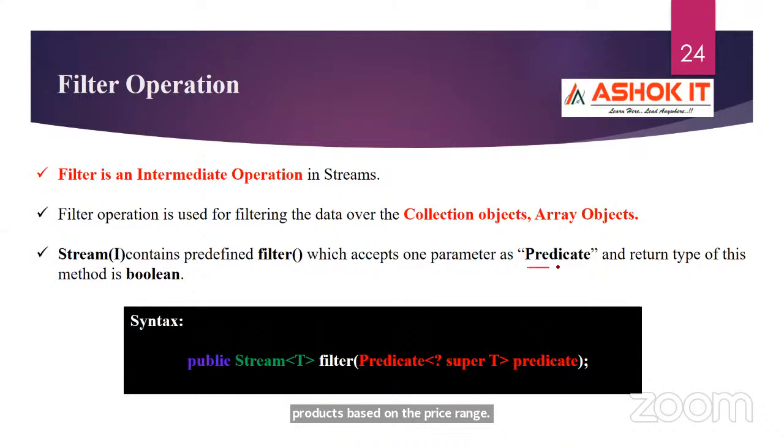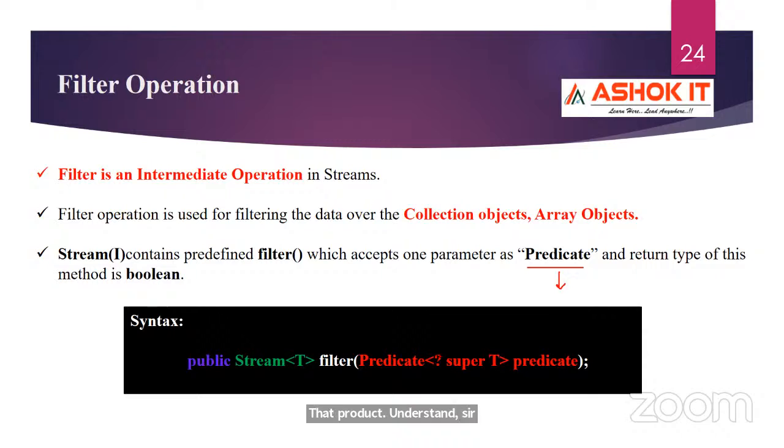So predicate is purely for what, sir? Conditional checks, sir. It will take some input. That input may be on what? Company name. And it is giving what, as a result? It is taking one input and giving whether your product is related to that company or not. If yes, then it will return that product. Otherwise, it won't return that product, sir. Understand, sir?